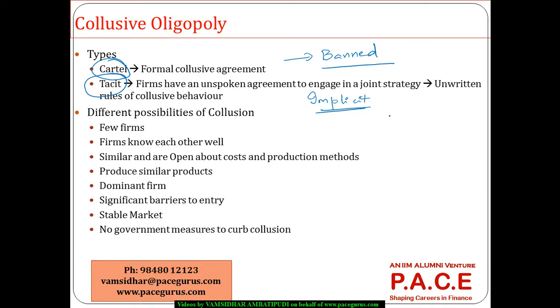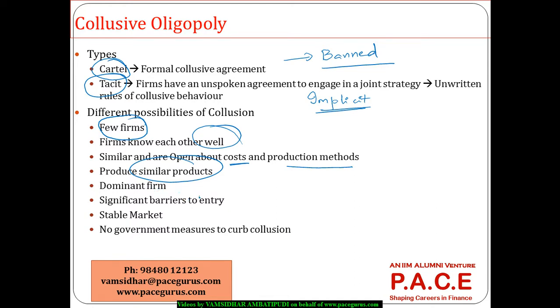Right? They observe the other firm's behavior. They do not directly indulge into any kind of competition with the rival. So generally, wherever you see this kind of collusive behavior, whether it is cartel or tacit, I should see a situation where the firms are very few in number. They can understand each other very well. They know each other's production mechanisms. They know each other's cost structure very well. More or less similar kind of products. And